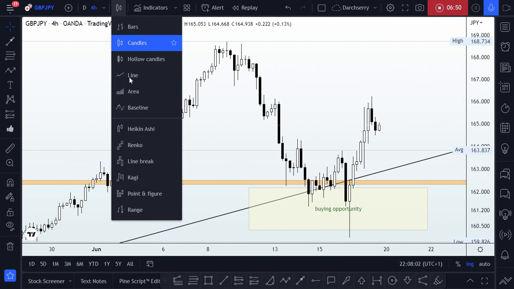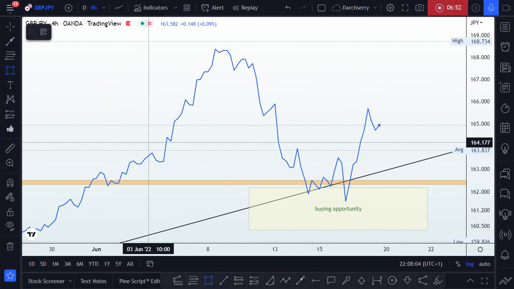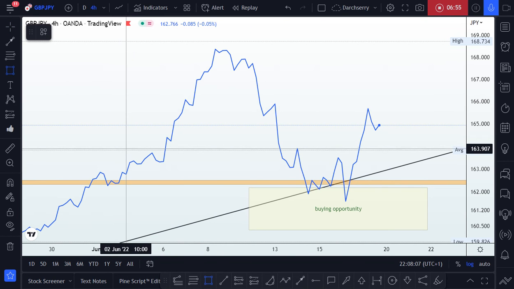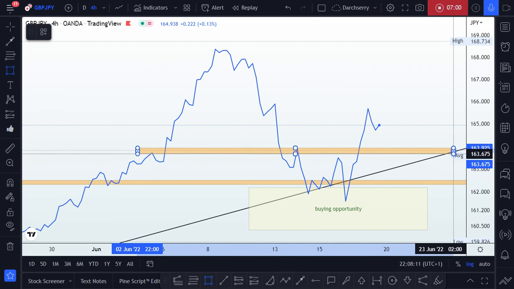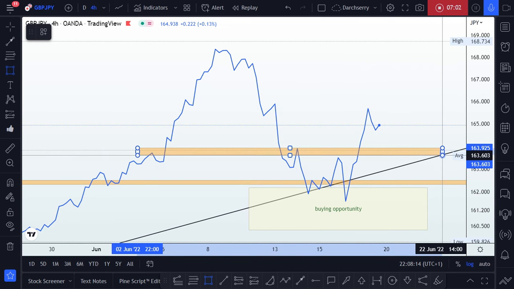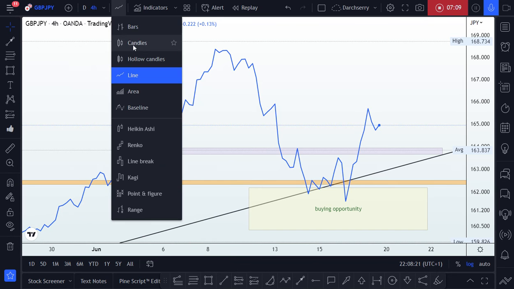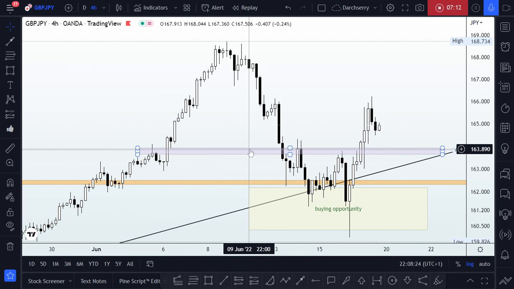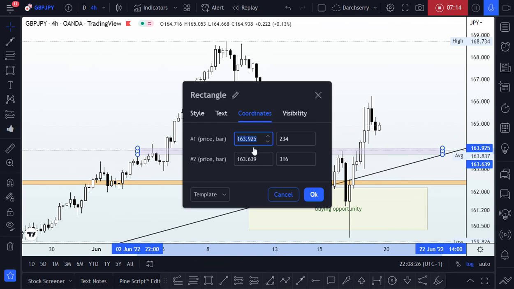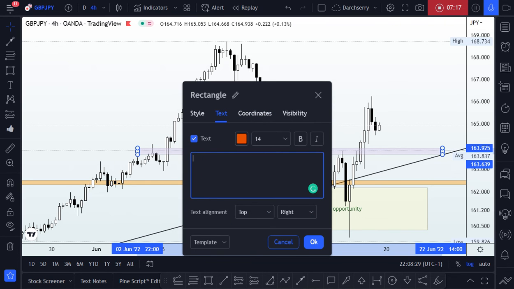So let me bring out my line chart at this point and let us identify a neckline that we shall be using to do confirmation of our bullish signal. So I would like to give this a purple to differentiate it from our key level, our major key level. So we have our neckline sitting right at 164 Japanese yen, which is more or less a very